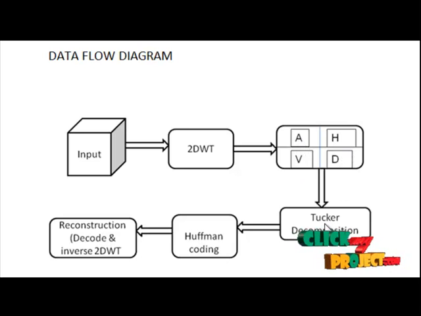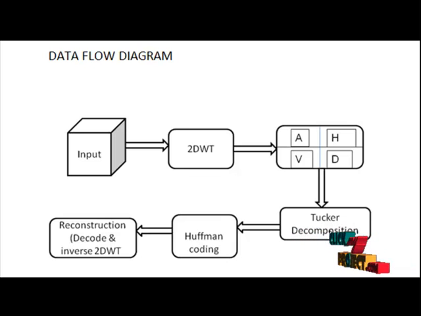The next one is Tucker decomposition. The Tucker decomposition algorithm is applied to the 4 tensors. For each tensor, the size of the core tensor is then selected manually. The approximate tensor has the lowest frequency component containing most of the wavelet coefficient energy, so its core sizes were set higher than those of the other tensors. The values for the diagonal tensor, which contains the diagonal information, were also set higher than the values of the horizontal and vertical tensors.